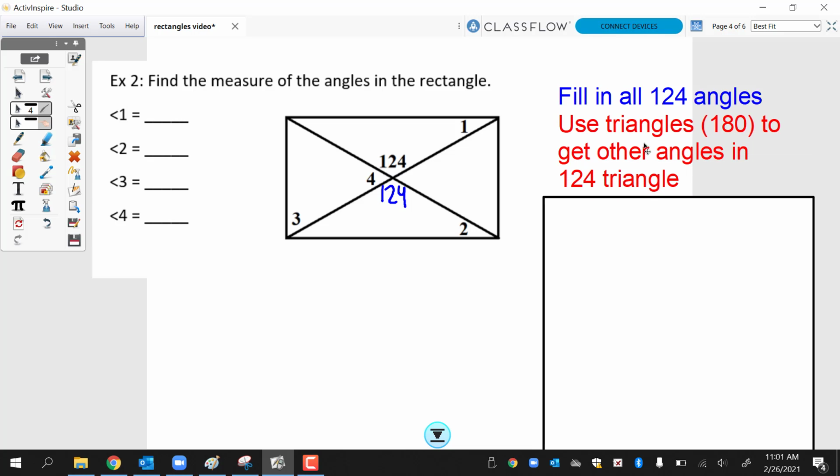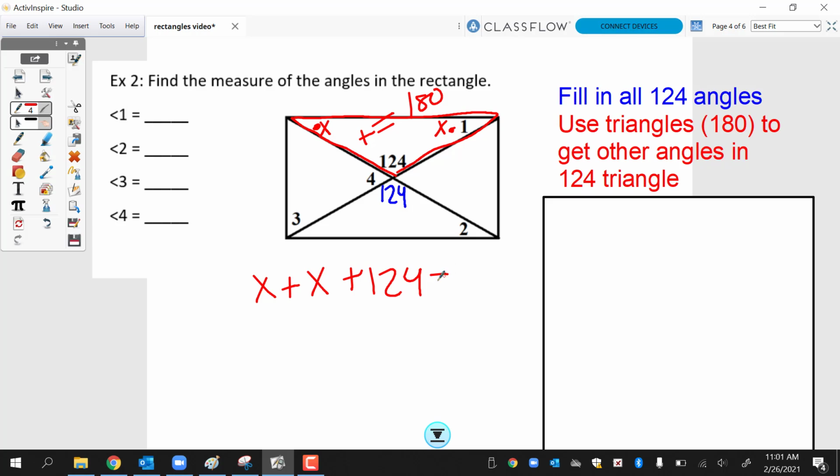I'm using the triangle, which adds up to 180, to get the other angles in this 124 triangle. This 124 triangle is this triangle right here, and I'm going to end up getting angle 1 out of that. From looking at my notes, I know that this angle and this angle should be the same. So if they're both the same, I can put an x in both of the angles. So x and x. And this is a triangle, so it should add up to 180. That's the equation I'm going to write. X plus